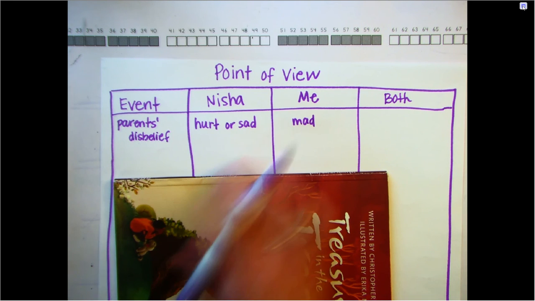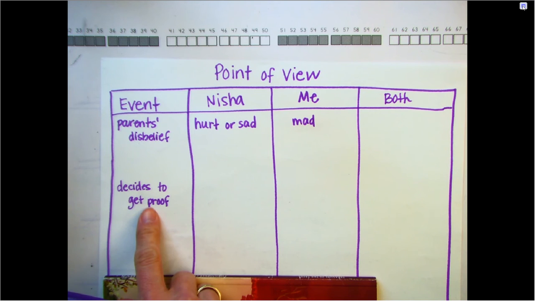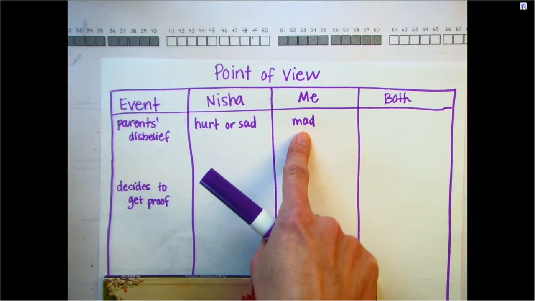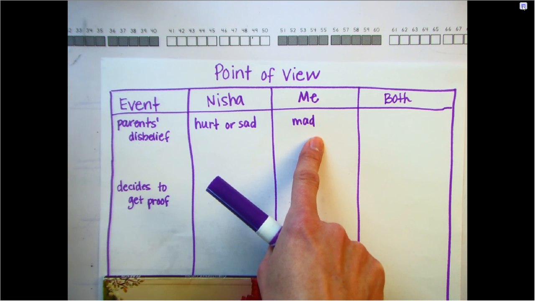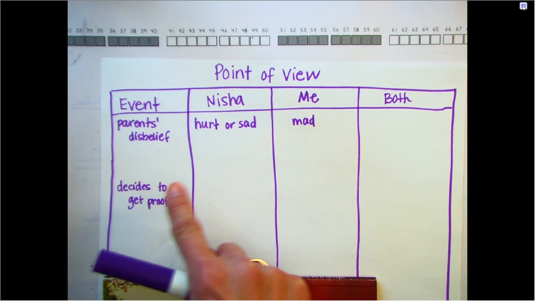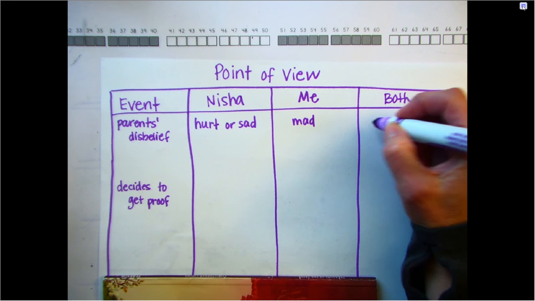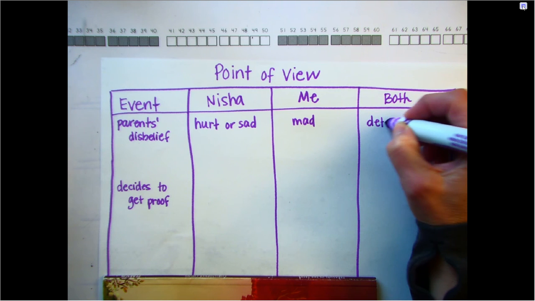Do you remember? She said she's got to get some proof. So she's got to take some pictures or she's got to do something to provide some scientific proof so that they believe her, right? I think I would want to do the same thing, right? If somebody didn't believe me, I'd want to prove to them that they could, right? There's some secret in her tree she's trying to explain. I kind of feel like Nisha and myself would be feeling pretty determined because I'd want to prove to them that they were wrong for not believing me. So I'm going to write down here that we're both feeling determined,